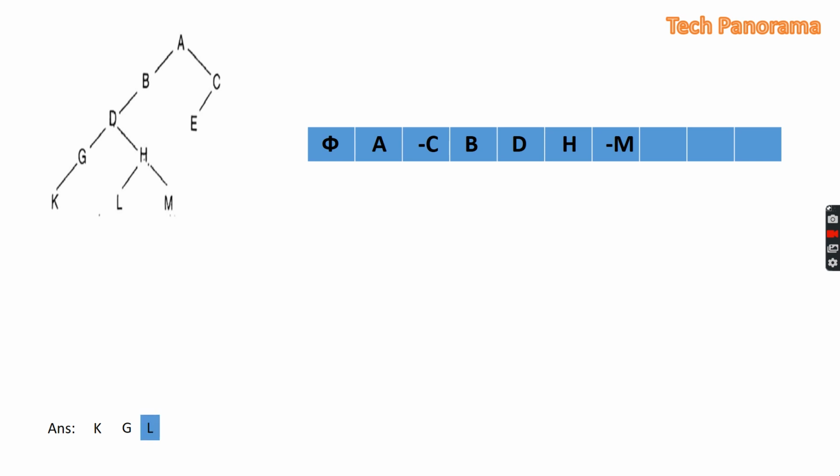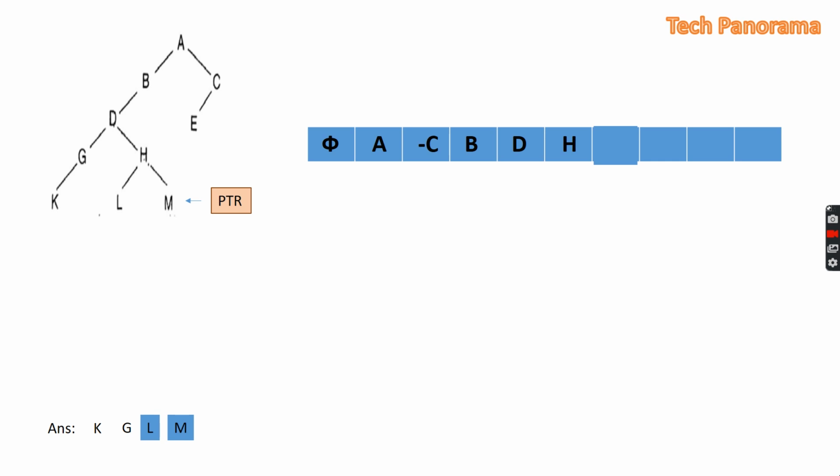As it is positive, we will simply process the L. Next we will pop the next element, that is minus M, and assign it to the PTR. Now the PTR is equal to minus M, so we will first convert it to the positive, that is M. Then we will push it into the stack. Now we will check its right. As it has no right and no left, we will pop the element from the stack, assign it to PTR, and then process the M.